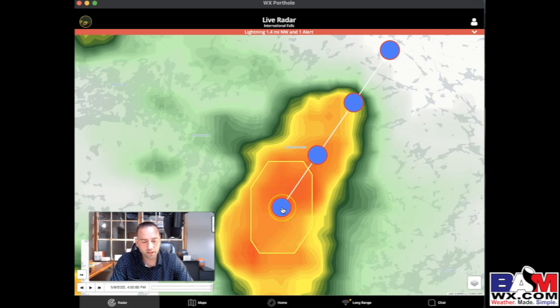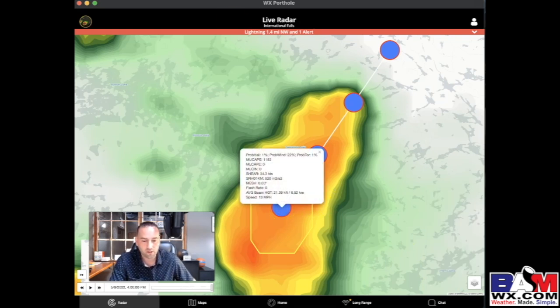These are going to work in an interesting way in terms of they're going to color code the threat and how things work. So you see here, this one's colored yellow. Okay, that means there's a probability of over 20% of severe wind. If it were a tornado, it would show up purple. If it were hail, it would show up blue, and the probabilities would have to be at least 20% or